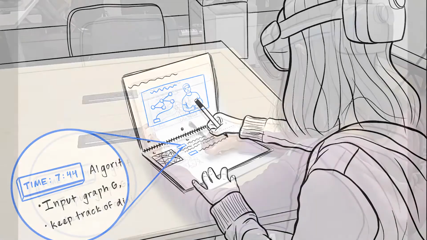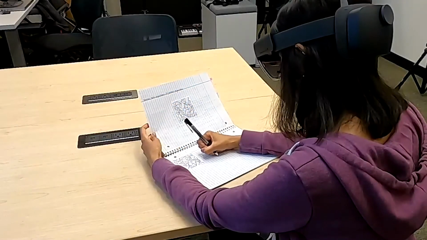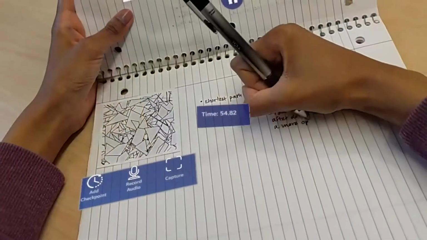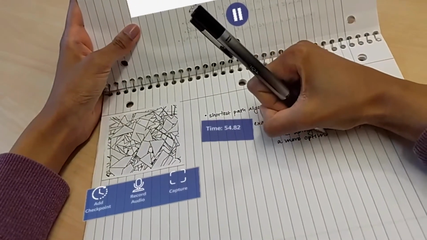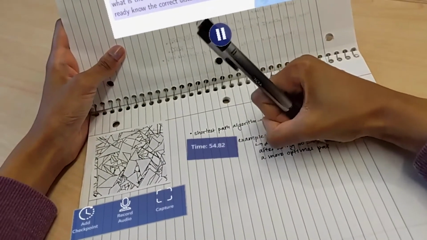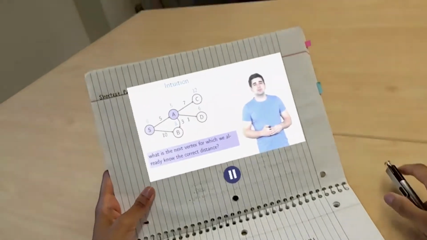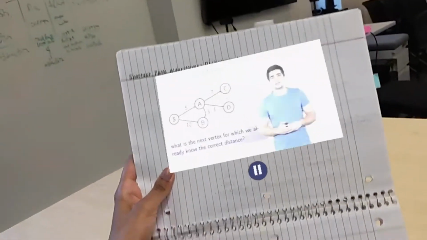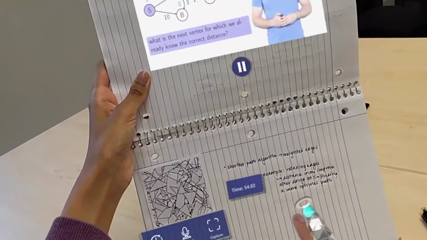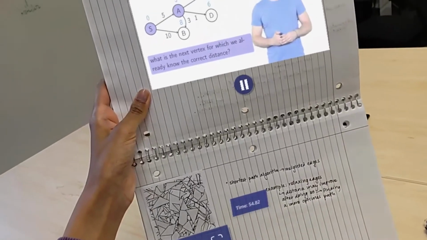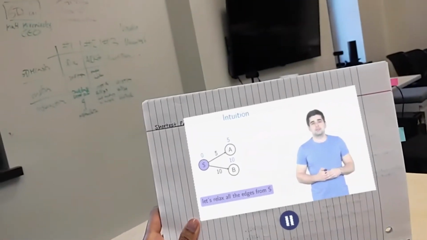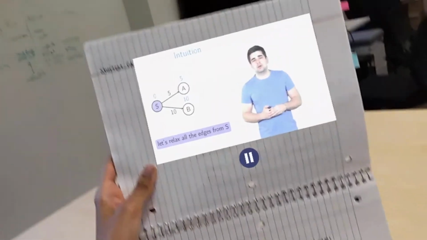Our final example is an immersive MOOC notebook that allows for more natural note-taking when learning with online lecture content. Students can take notes by hand on one side of the book and load course videos on the other side of the book. They can also add video bookmarks to save the timestamps of critical moments in the lecture, and return to these timestamps in the video by clicking on the digital bookmark.